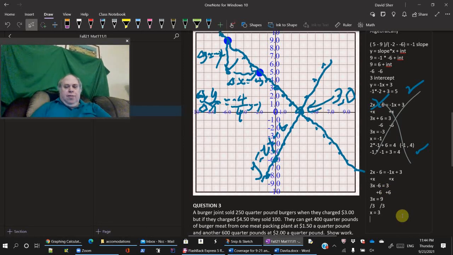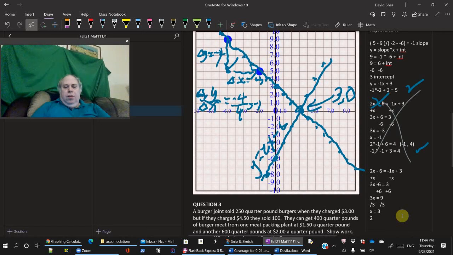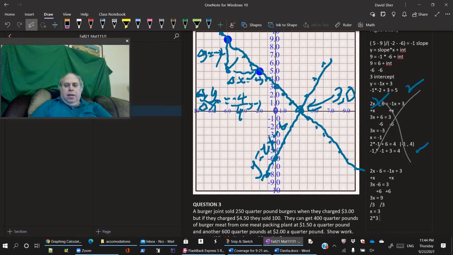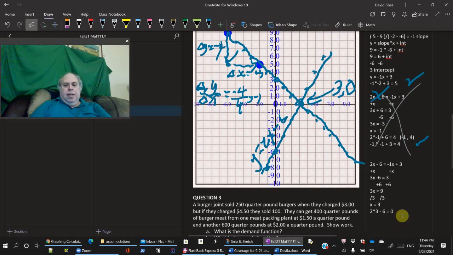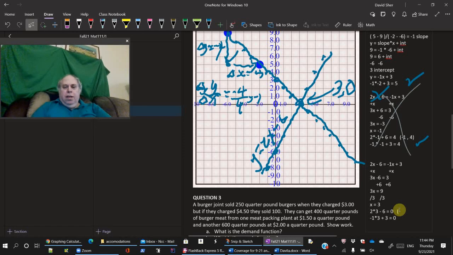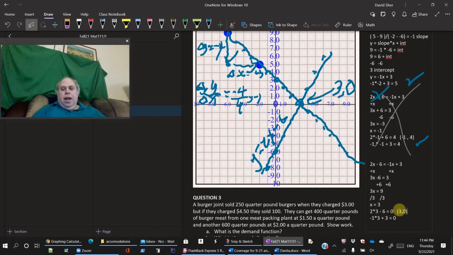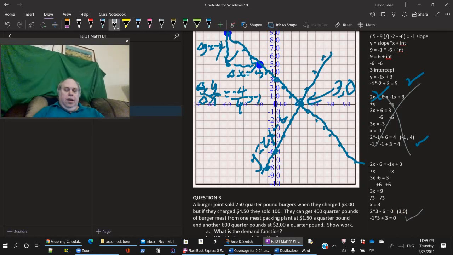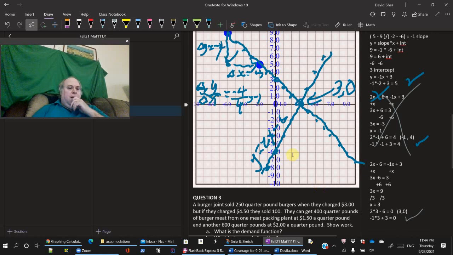Then I'll plug 3 into the first equation. 2 times 3 minus 6 equals 0. Now plug 3 into the second equation. Minus 1 times 3 plus 3 also equals 0. So 3, 0 is my answer. And in this case, it's the same as I got graphically, and it checks that way. And so that's how I do problem 2 for